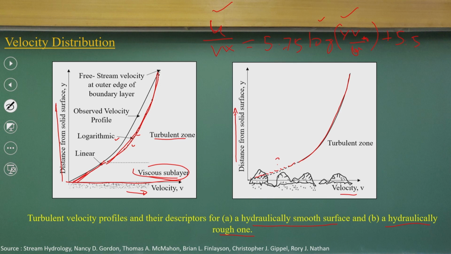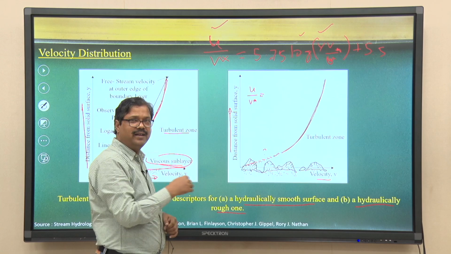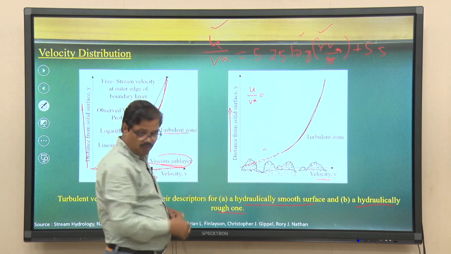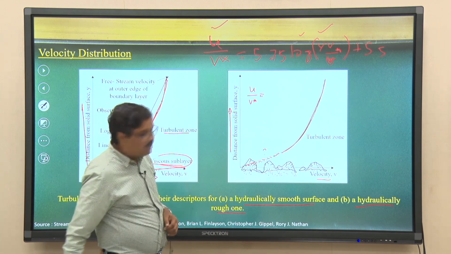That is the hydraulically rough case. If I write the velocity distribution in the same form, the ratio of the velocity at y to the shear velocity will be a function in the same way,